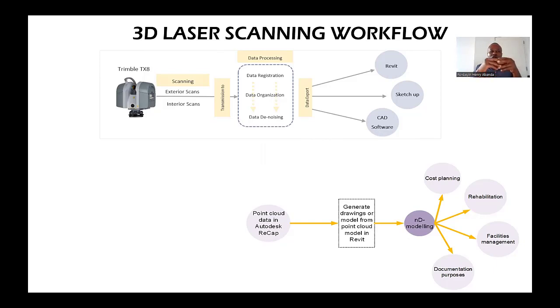And we are saying that once you capture that data, once you scan the building, you can extract the data from it, which is point cloud data, and then take it into a software. That software could be Trimble RealWorks, and then you process it before taking it on to Revit. But in this case, we want to use